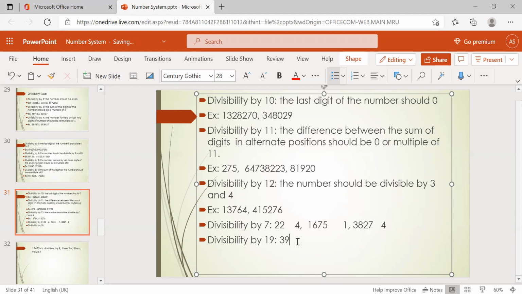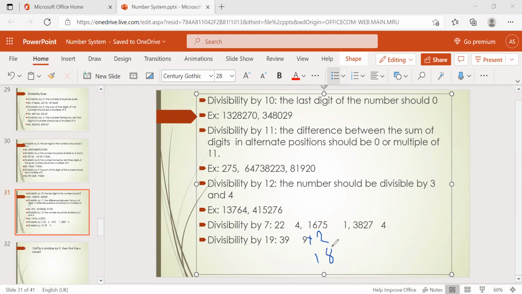For example, take 399. How are we going to check it with 19? First split the number, just like with 7: 39 and 9. Then multiply by 2: 9 into 2 is 18.